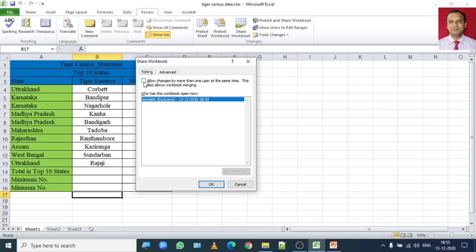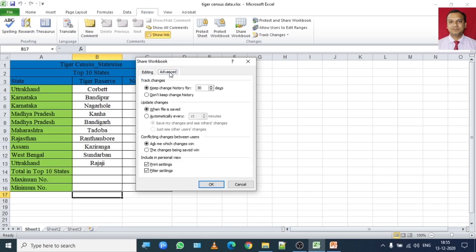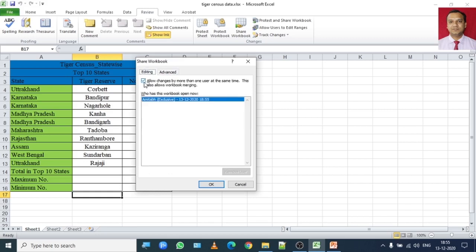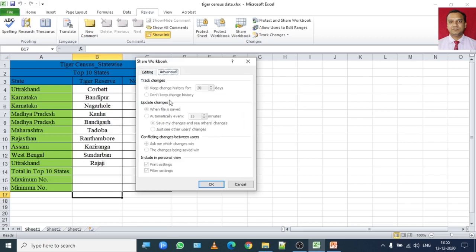So you have to enable this option if you want other members of your team to update this workbook. So once you click on this checkbox, you have to select the workbook and then go to the Advanced option, because this Advanced option will only be enabled when you click on this checkbox. Did you see that?